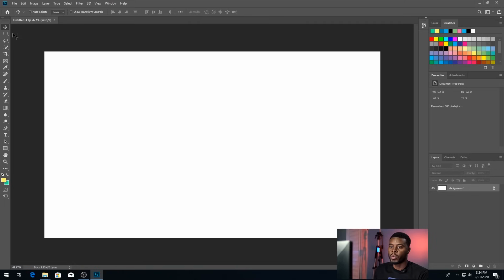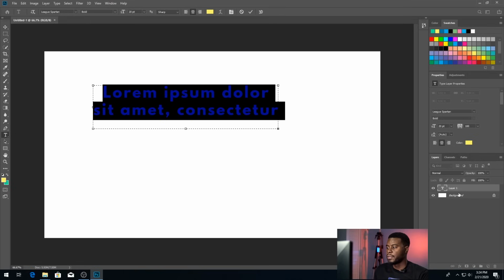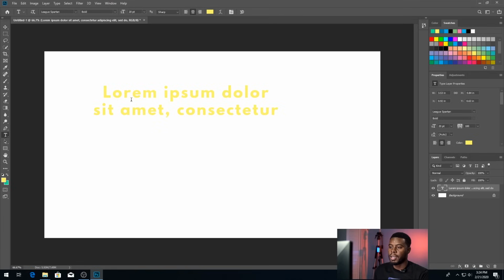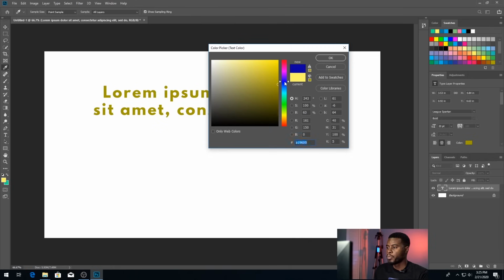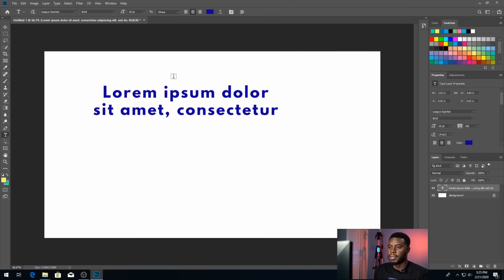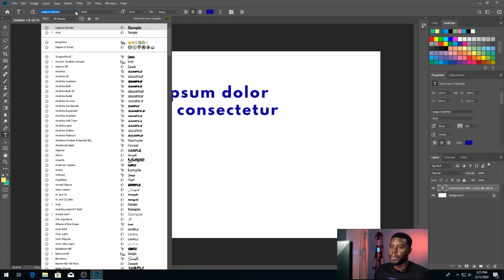And then in addition to the tools that you have on the right hand side, up top right here, when you select a tool, let's choose a type tool, you can see the cursor changes to a type cursor, and it gives you some default text, and the text automatically took the color of the foreground color that we have here. Let's change this by clicking, change that to something that you can see, and then you can change the type of font that we're using. This is the one that I'm going to be using today,